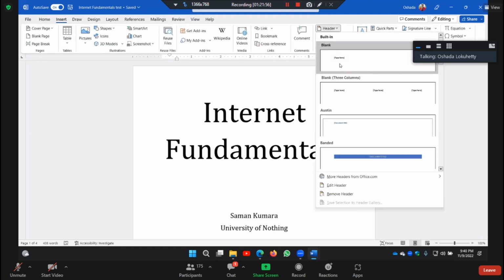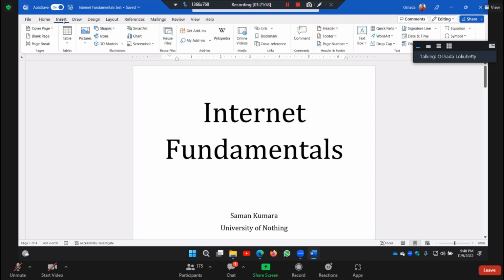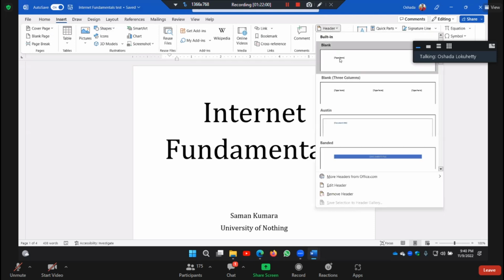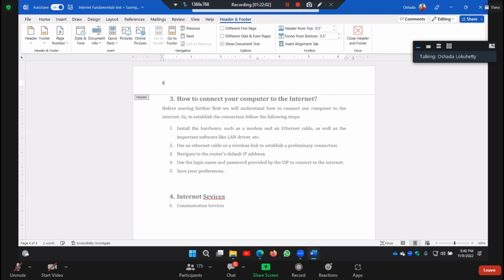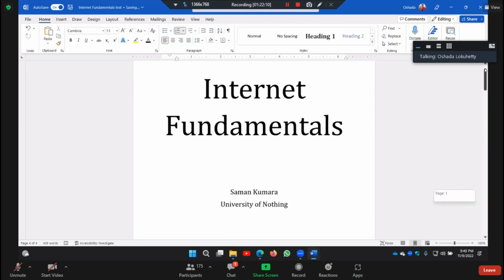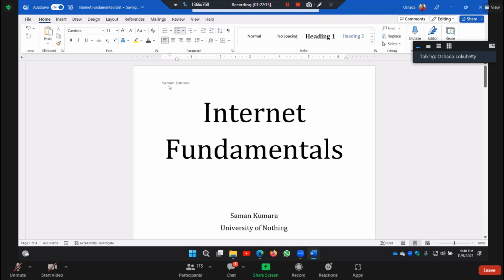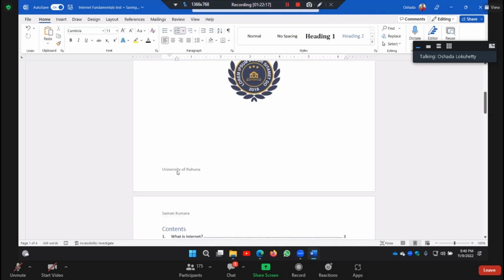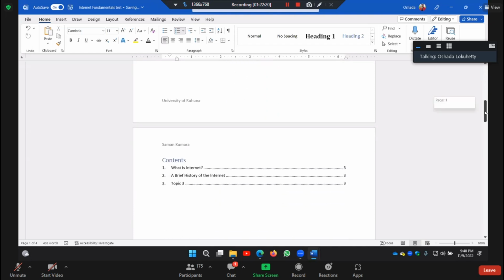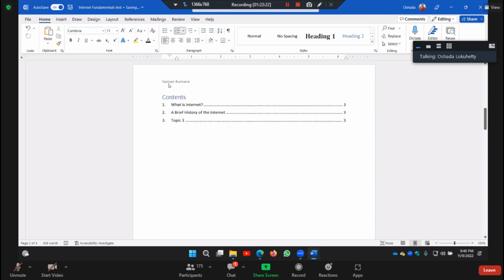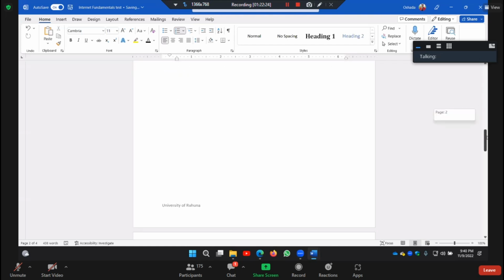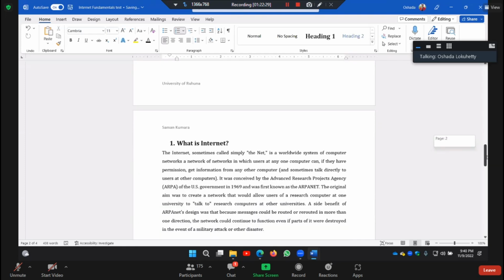Now for the header, I'll apply header also from the insert tab, insert header. I'll just apply Saman Kumar name, right? Now you can see Saman Kumar's name is added on the header here. University of Ruhuna is on the footer, and on the next page also Saman Kumar's name on the header, Ruhuna in the below, right? On every page you can see that,